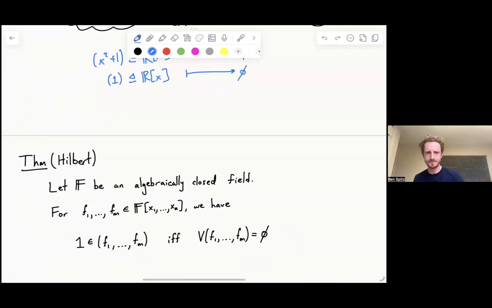Okay. So one direction of this is easy. If I do contain the number 1 in my ideal, then my vanishing set will have to be where the polynomial 1 vanishes, and maybe where all other things vanish, and 1 never vanishes. So this direction is easy. And so let's forget about that direction. We're just going to say if. This is the statement that actually takes work proving. If this vanishing set is empty, then I actually started with the entire ring.